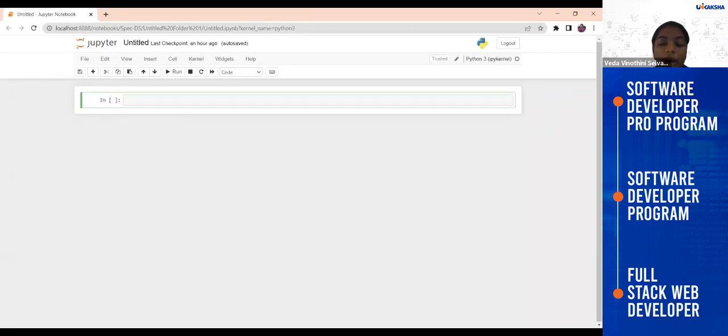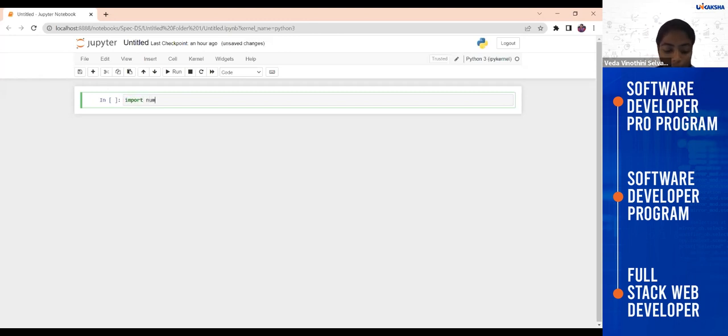I hope everyone can see my screen. This is a Jupyter notebook lab, and here we are going to showcase how Python is helpful for the data analysis process. First of all, we are going to use the first library called NumPy.